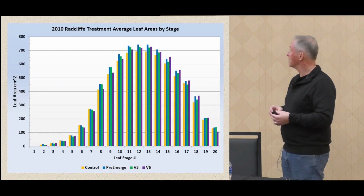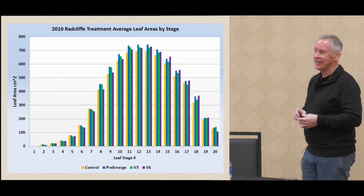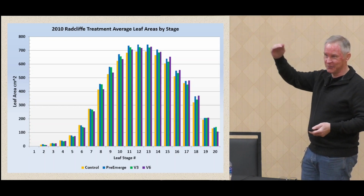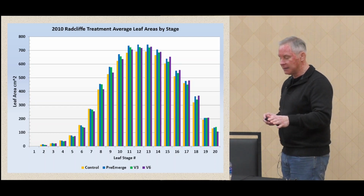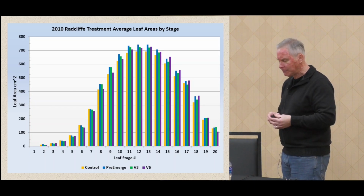And this was what Mike Rasky, the agronomist for the company, would call my Stegosaurus graph. It reminded him of the dinosaur with the spiny fin on top of its back. So I broke this data down by each leaf at each stage, and